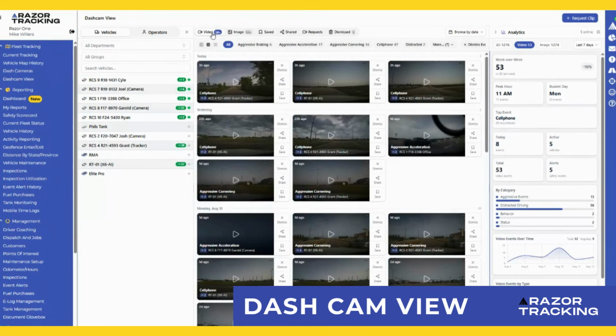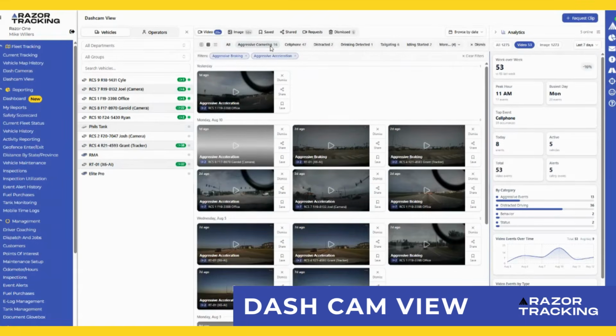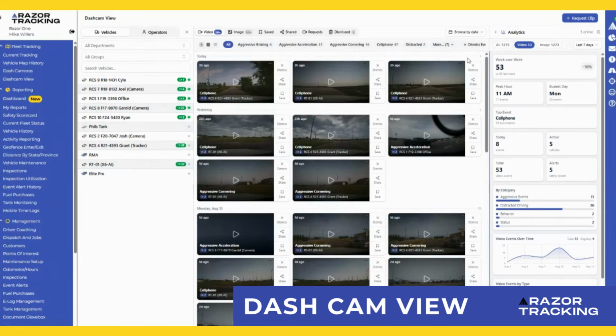Going along the top here, we have videos and images saved, shared, requests, and dismissed. So if there's maybe an event that you review, you want to dismiss it, it'll kick it over to that tab. And if you need to review it later, you sure can. We also have ways and flexibilities to narrow down into specific event types. And those event types, then you can also review those or click clear filter and it'll go back to that